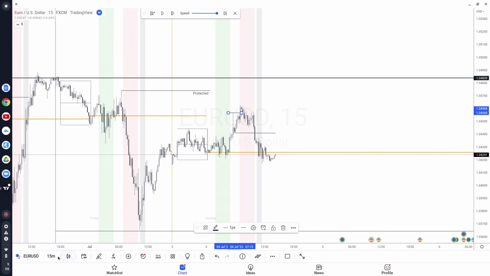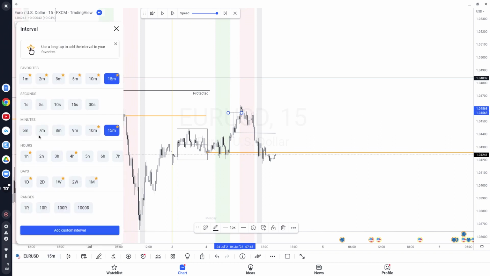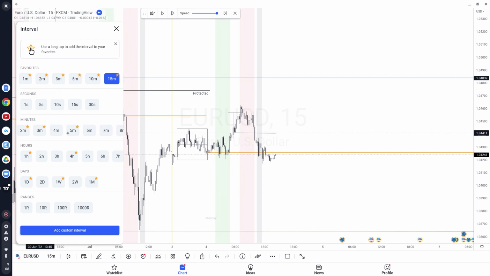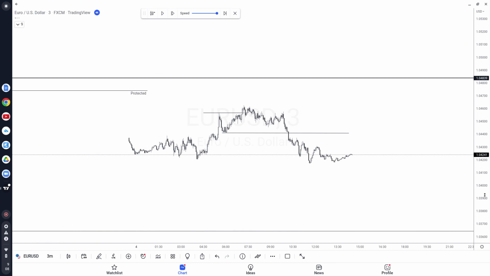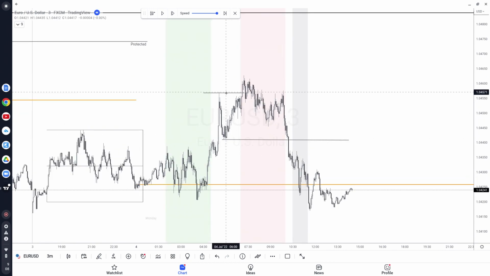So let's see what happens in a bearish market, right? Remember, we're in a bearish market, and let's see what happens after we sweep a significant liquidity pool, which happens to be the London high, which is here, right? So once that happens,